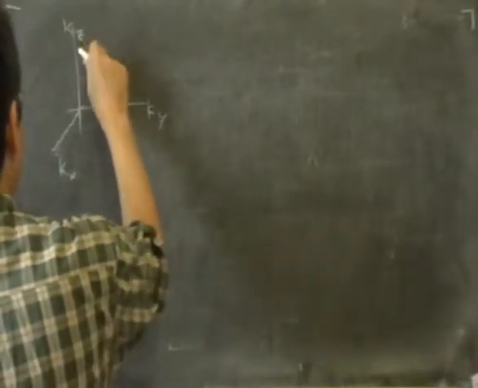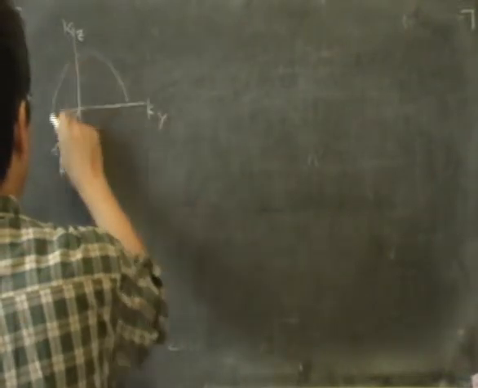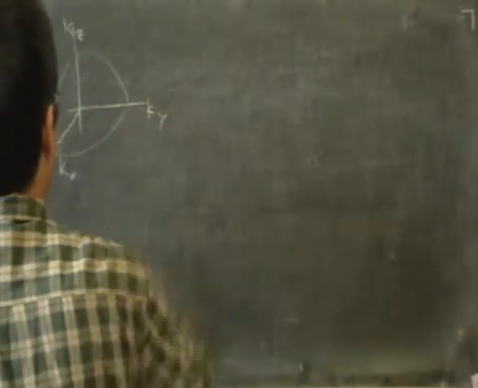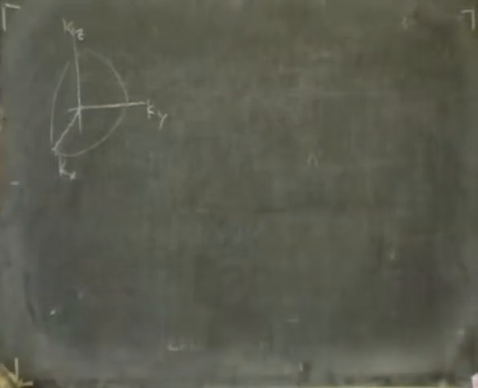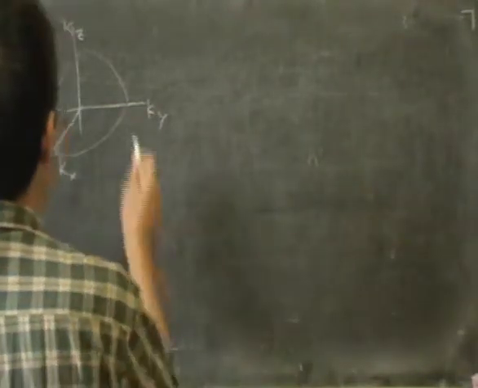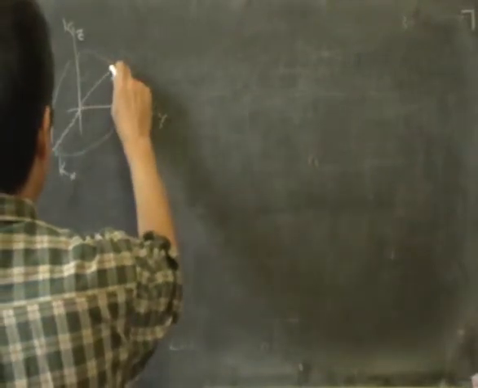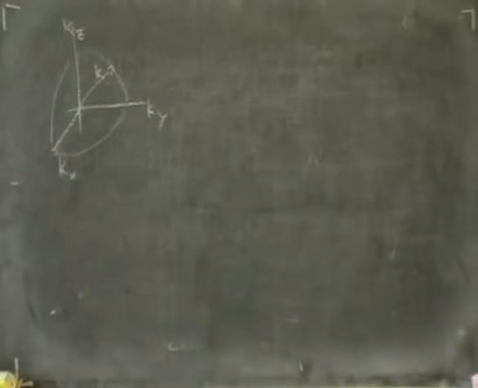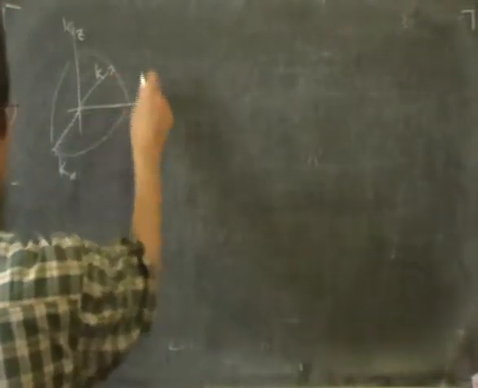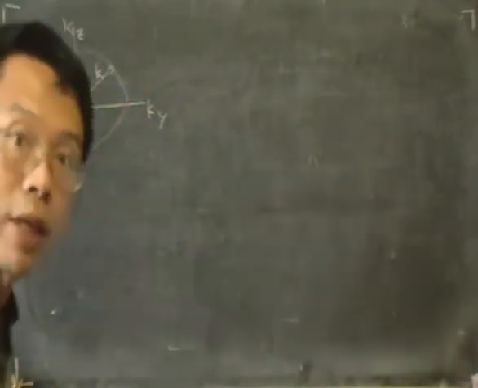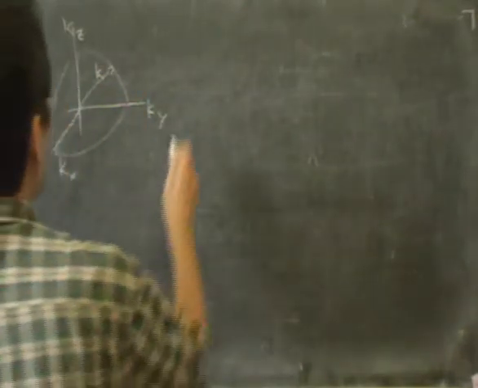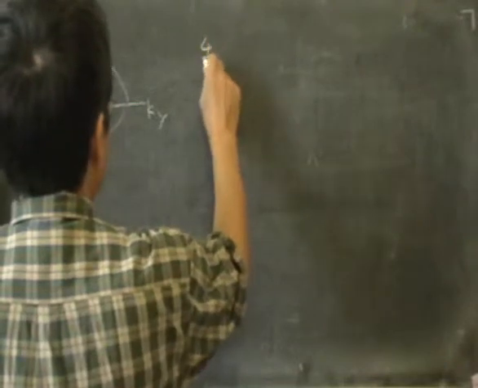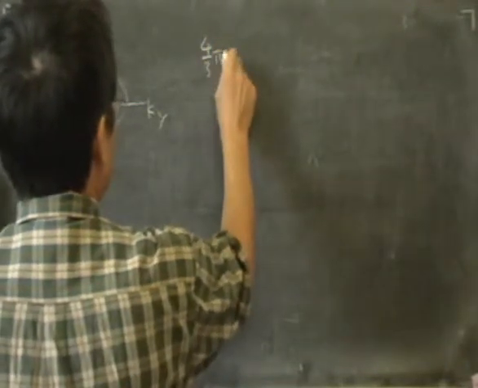Now I have my sphere here with a certain k. What we could do is to count the number of states within this value of k. All I need is to take the volume of this sphere